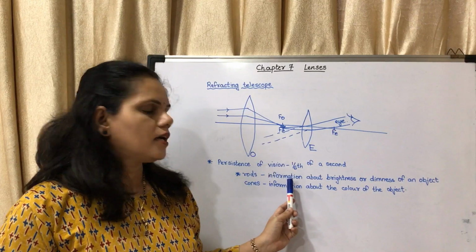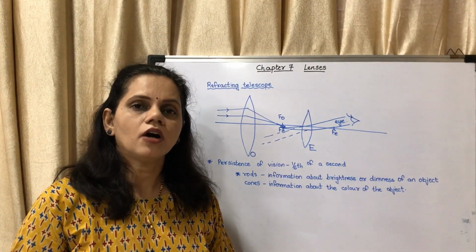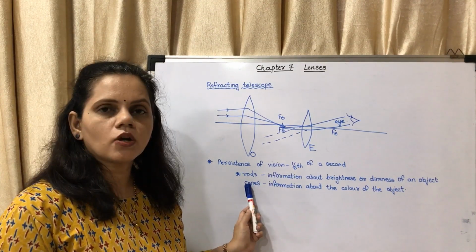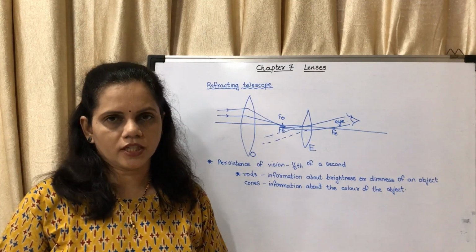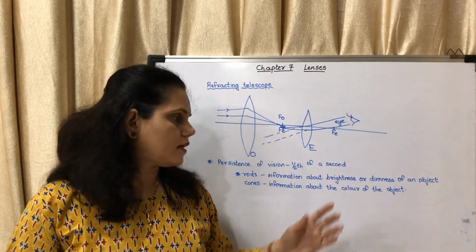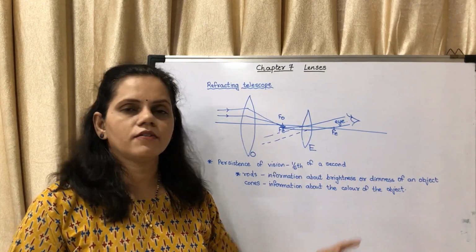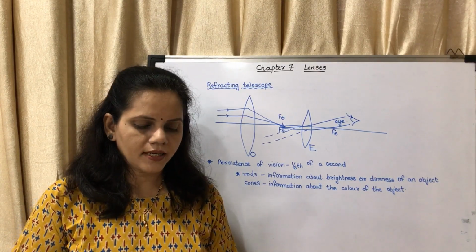The rods give information about the brightness or dimness of whatever object you are seeing. And what about cones? The cones give information about the color of the object. Okay, so rods give information about brightness or dimness, and the cones give information about the color of the object. So we will see